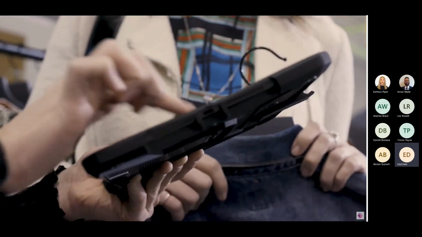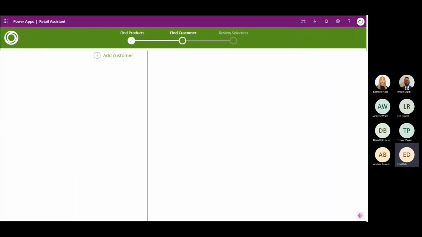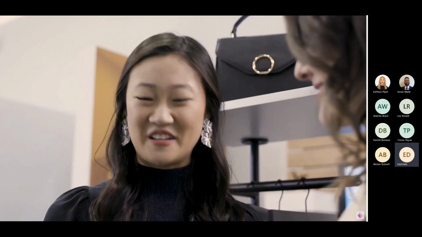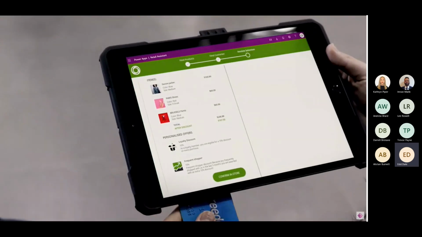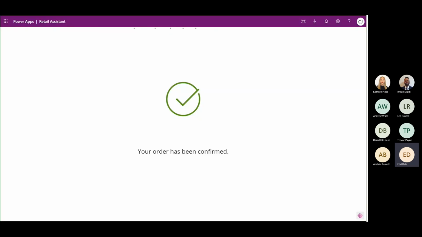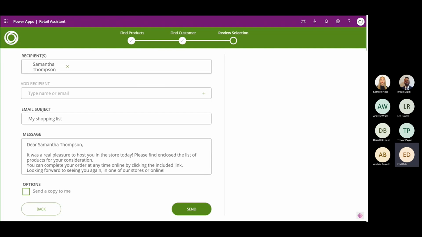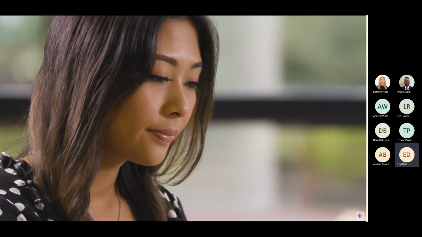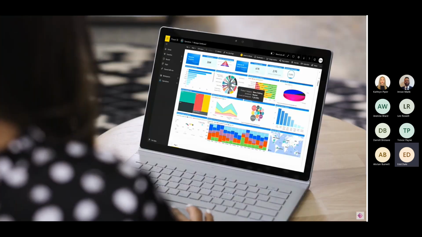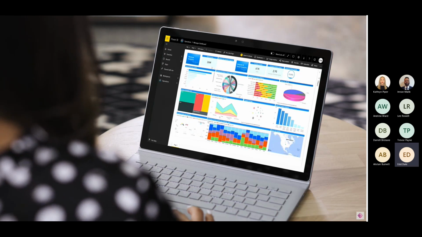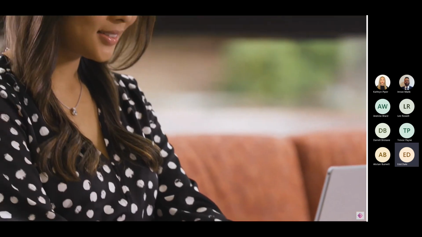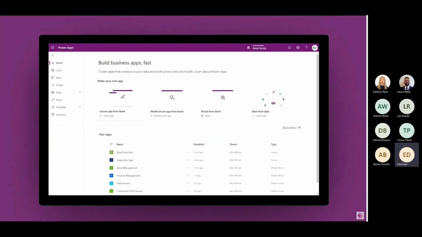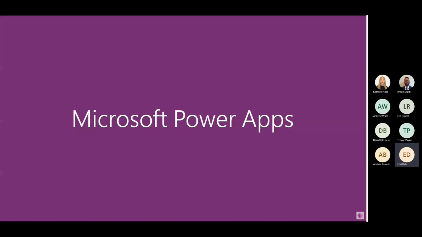After discussing these additional products, Casey identifies the customer and the app uncovers promotional discounts available if adding these items. Delighted by the offer, the customer agrees to purchase everything. Casey closes the sale and an automated email is sent to the customer with detailed product information. A bigger sale, a happier customer. Meanwhile, Olivia, back at headquarters, can track in real time how the app is increasing upsells via her interactive Power BI dashboard. Turn bright ideas into brilliant apps. Transform manual and outdated processes overnight with Microsoft Power Apps.